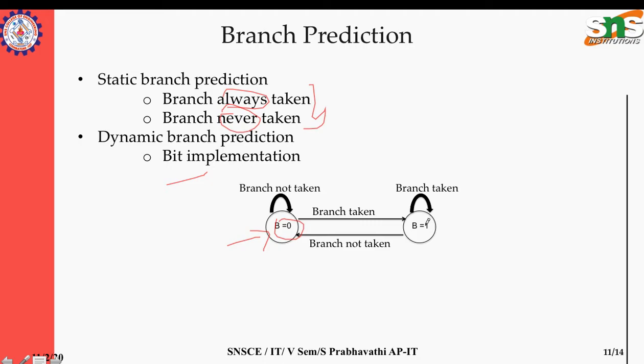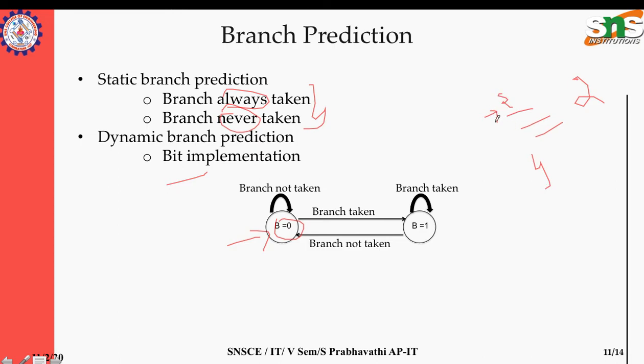Okay, so if our prediction goes wrong, it means we are changing the bit value, meaning that the next time the branch will happen. That's the meaning. So for example, take the looping. Suppose the loop has 3 statements and it takes 2 times to execute. Initially we are saying this is the branch instruction, and we assume 3 statements are there.